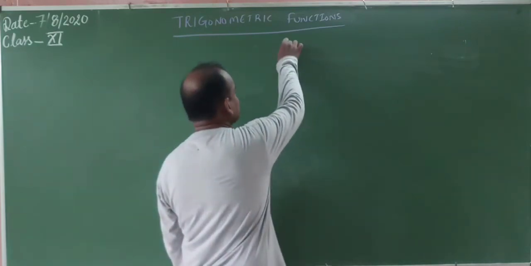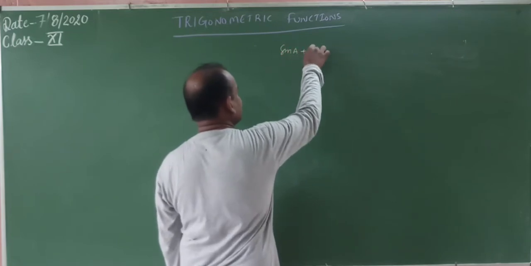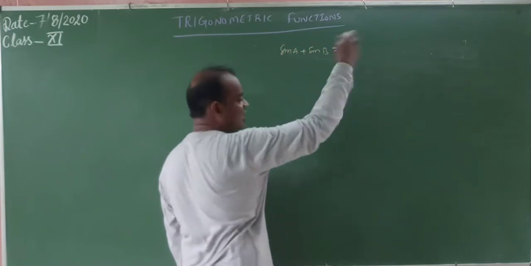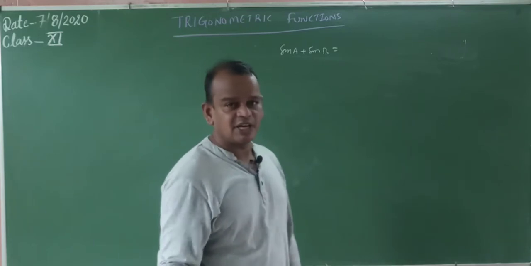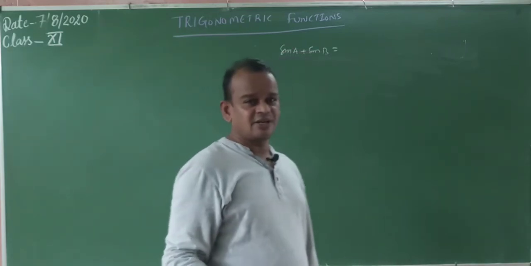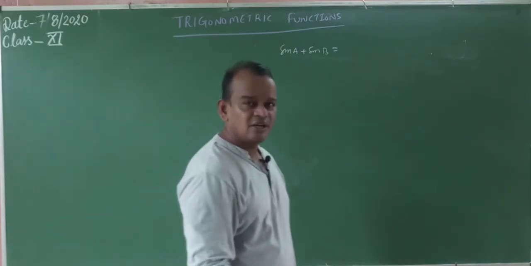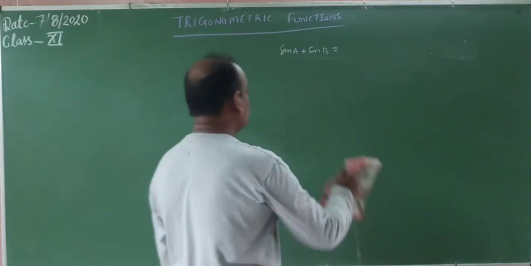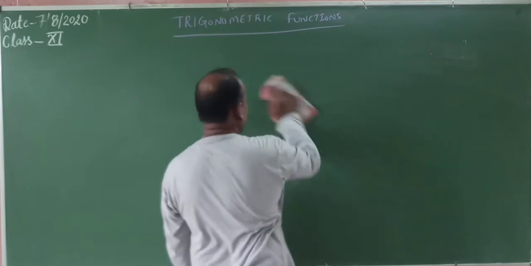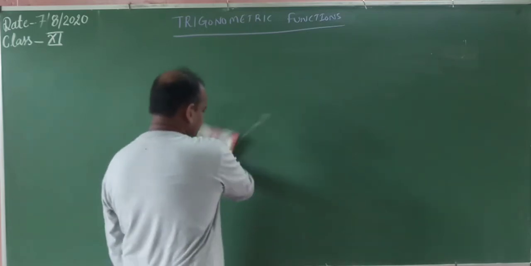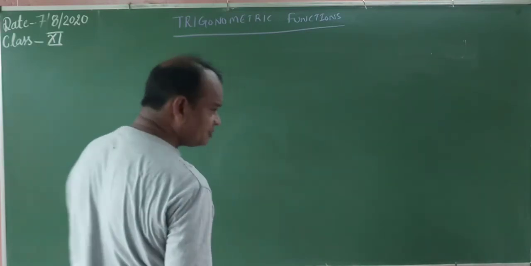Sin A plus sin B, for suppose. This is a sum. The sum will be converted into the product. Difference will be converted into the product. Sin A plus sin B is not equal to sin A into sin B. Remember that. Now the proofs. How to do it? Listen carefully. You know all the formulas very well, I taught them before.